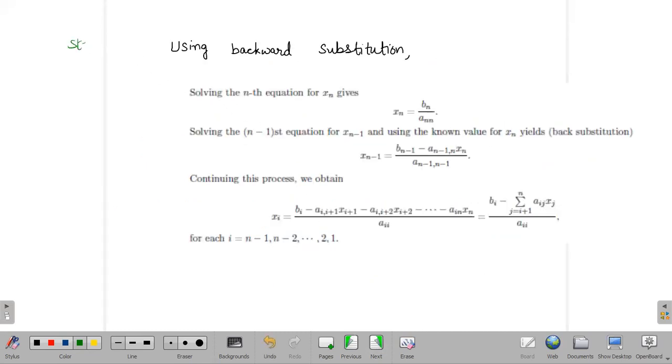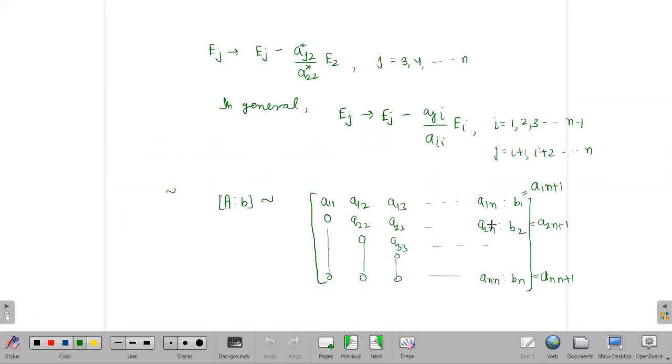So now after making this matrix the upper triangular matrix, what is the third step? This is the third step, using backward substitution. So what is backward substitution? Here you got the matrix. Our aim is to find x1, x2 and so on up to xn. From the upper triangular matrix you will get xn first, then xn minus 1, then xn minus 2, then x1. Because we are getting the unknowns from the back, that is xn first, then xn minus 1, that is called backward substitution.